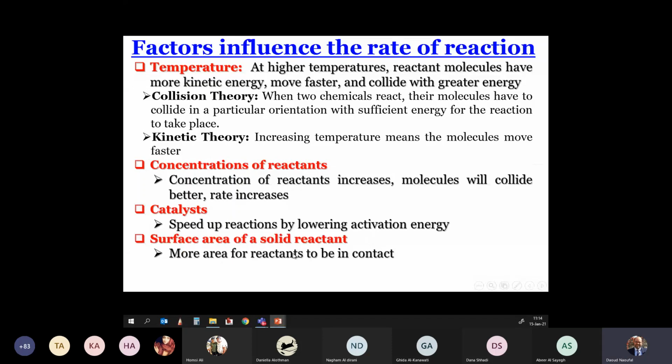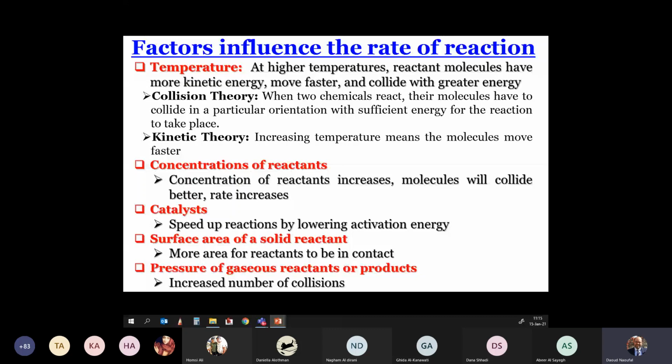The factor number 4 is the surface area of a solid reactant. When you increase the surface area of the reactants, the probability of collision between these reactants will increase, so the rate of the reaction increases. And the factor number 5: suppose in your reaction you have a gas, a reactant or a product. When you increase the pressure of gases, you increase the number of collisions and therefore